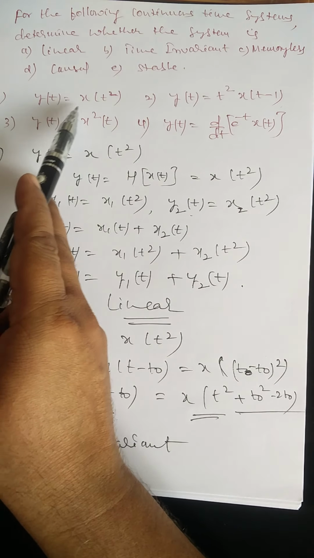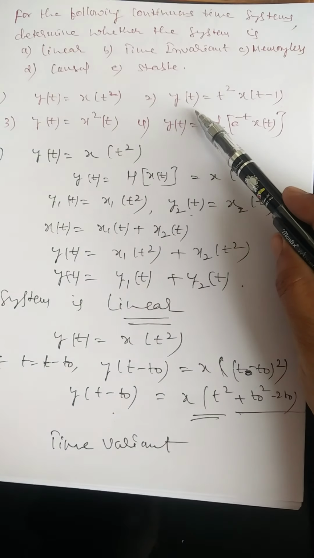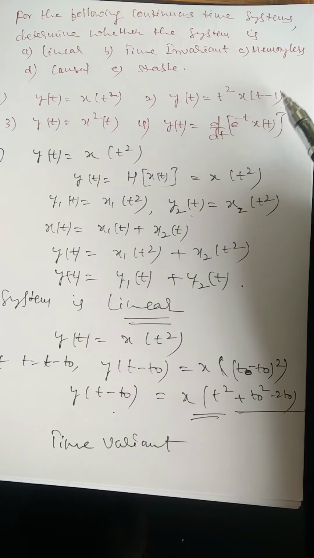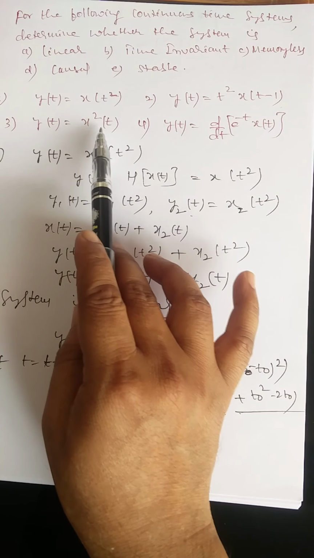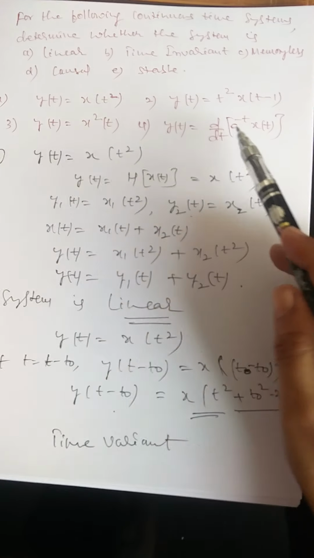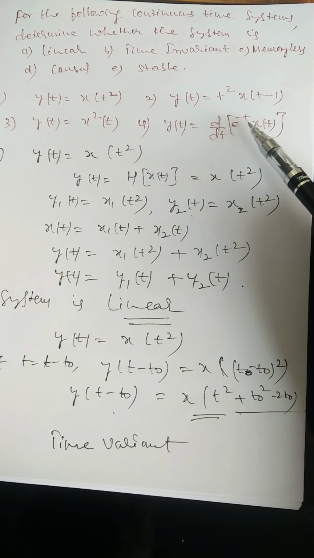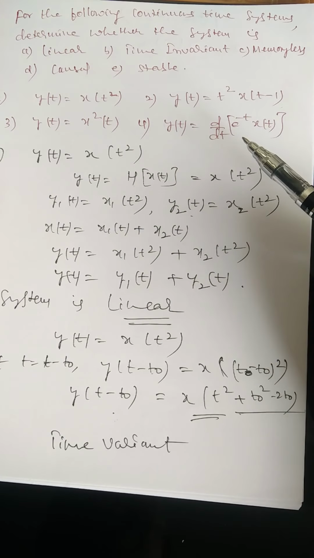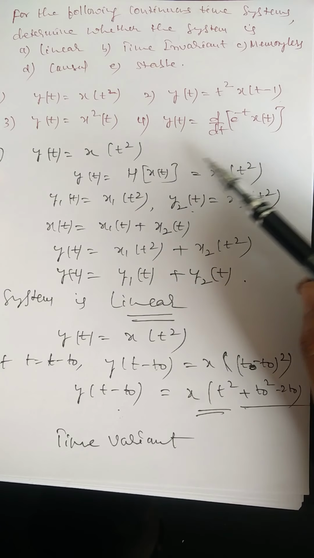First one is y of t is equal to x of t square. Second one is y of t is equal to t square into x of t minus 1. Third, y of t is equal to x square of t. And fourth, y of t is equal to differentiation of e to the power of minus t into x of t with respect to t. First problem I have taken, that is y of t is equal to x of t